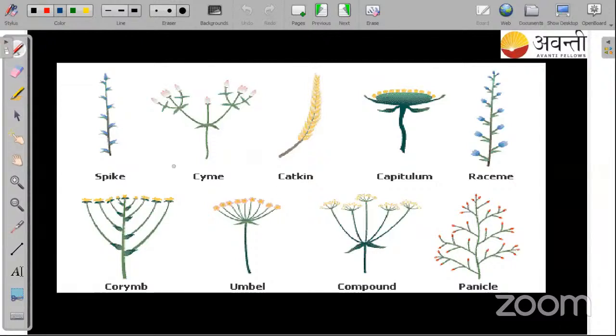So here is the spike. Here is the cyme. Here is the catkin. It is the capitulum. It is the raceme. It is the panicle. This is the compound. This is the umbel, and this is the corymb. So coming to the next,